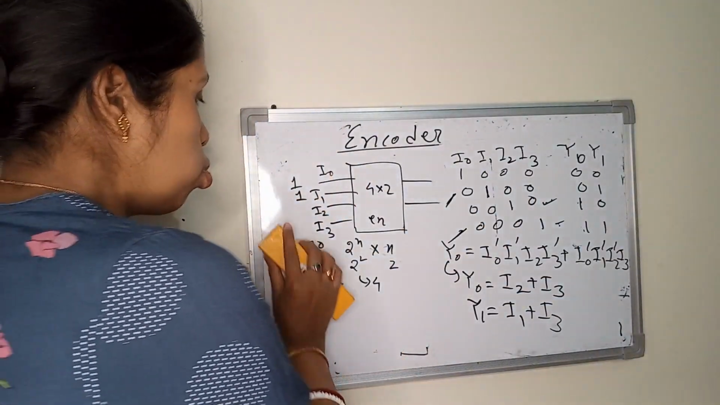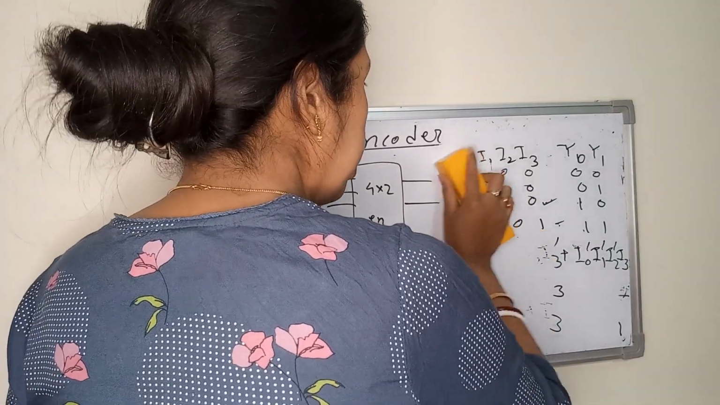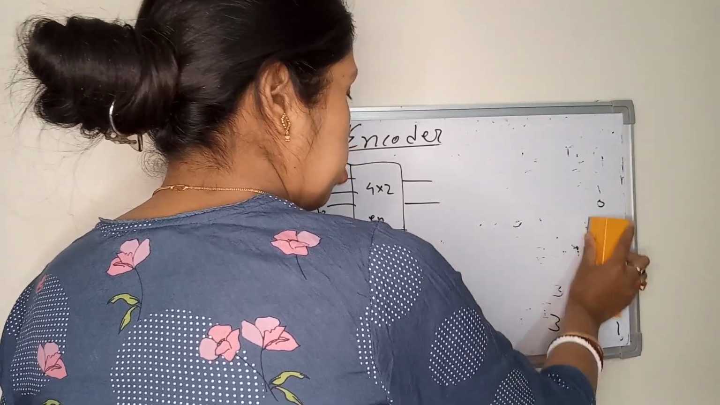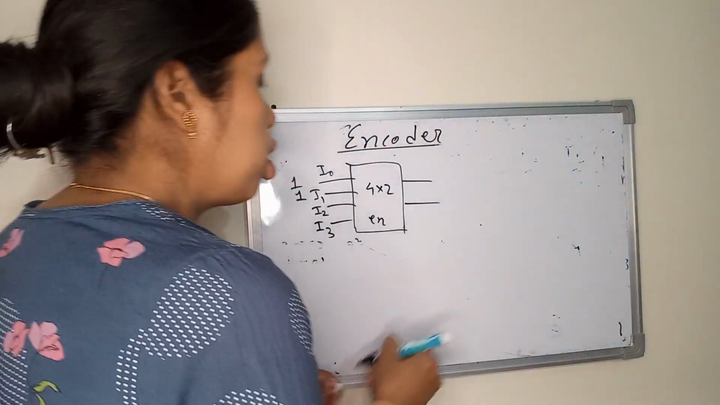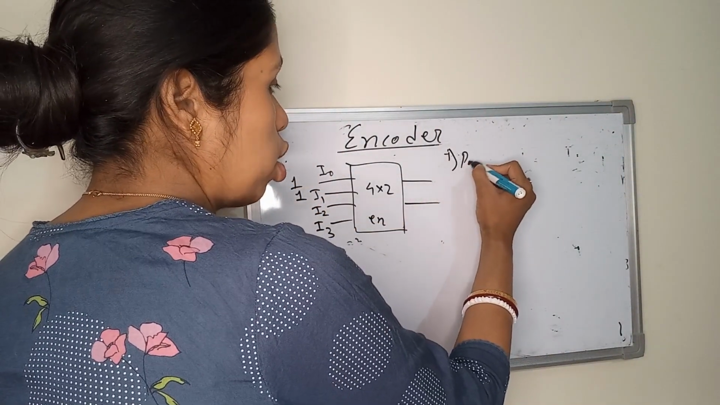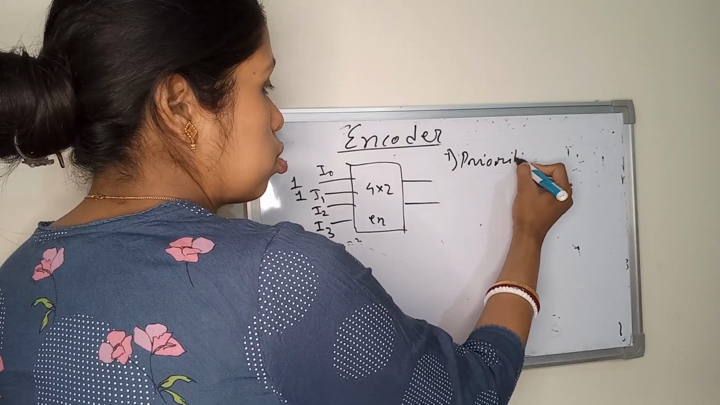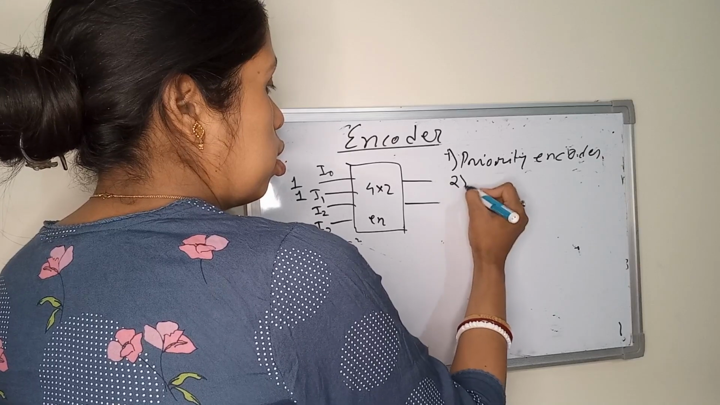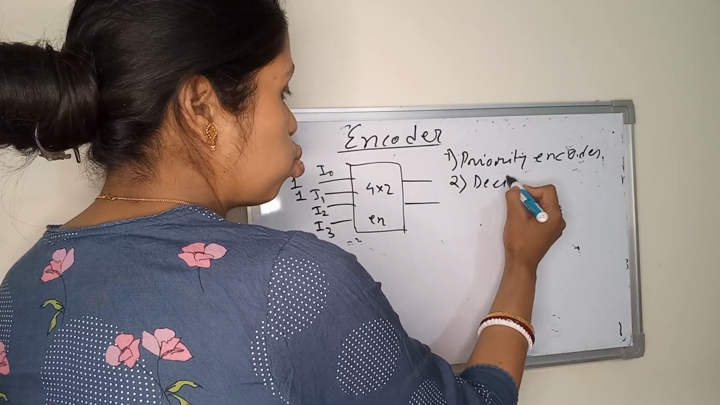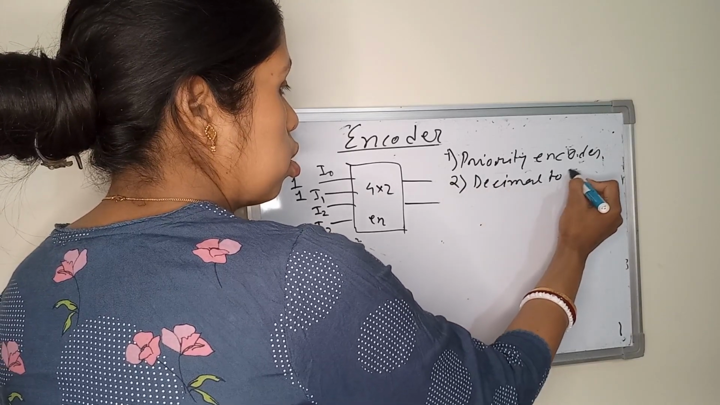Now, where can we use this encoder, right? So, types of the encoder. First is the priority encoder. This I will discuss now. Priority encoder, decimal to BCD,